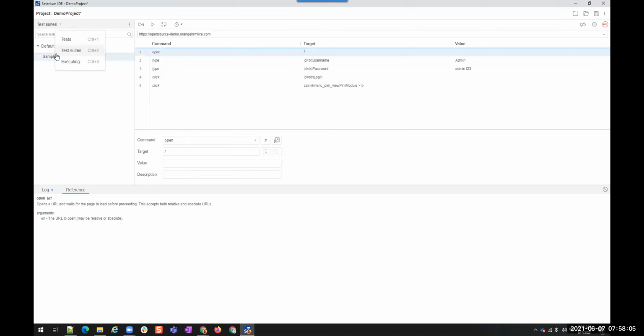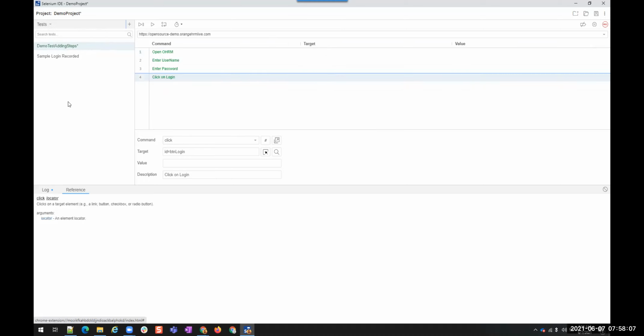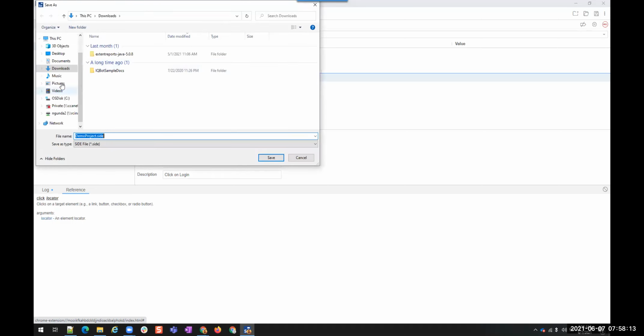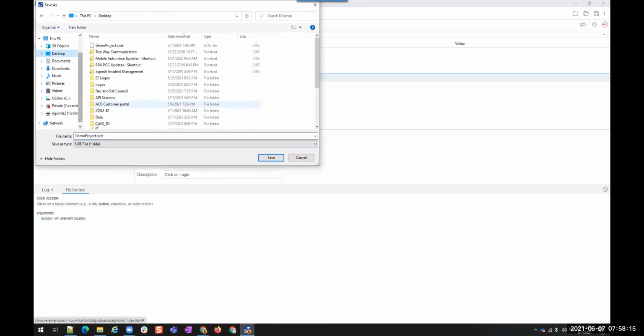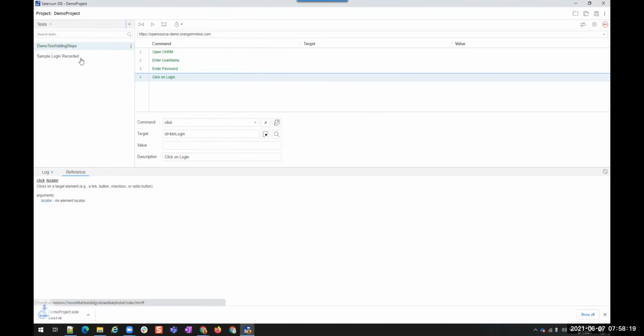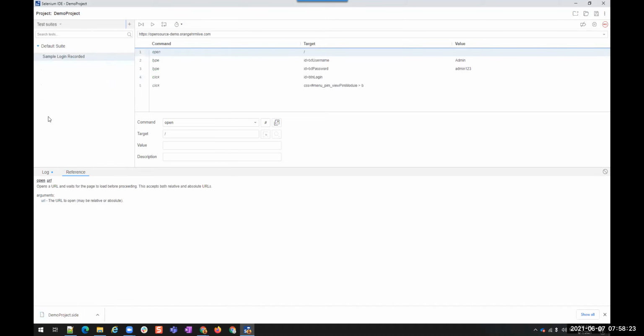We saved it. Now, if we save the other one as well, save it. Yes. Now we see it is already added into these things. So let me go to this. You see, sample login recorded was the default one.